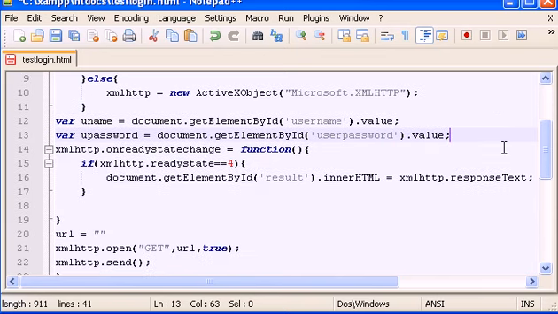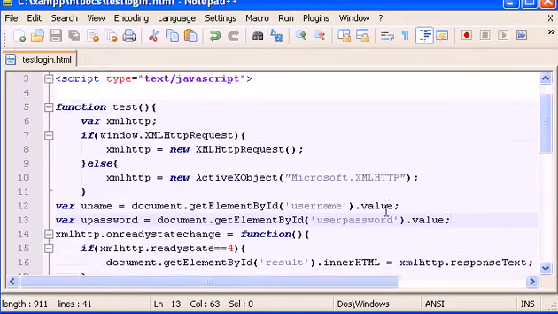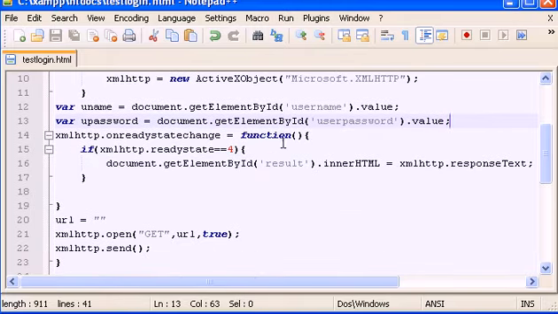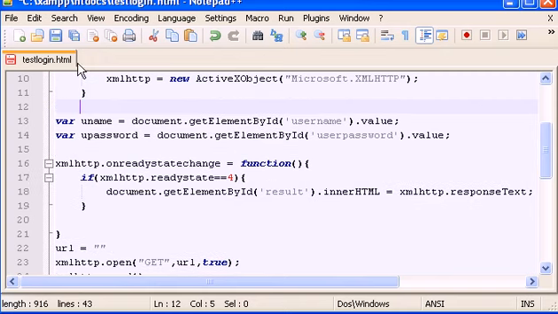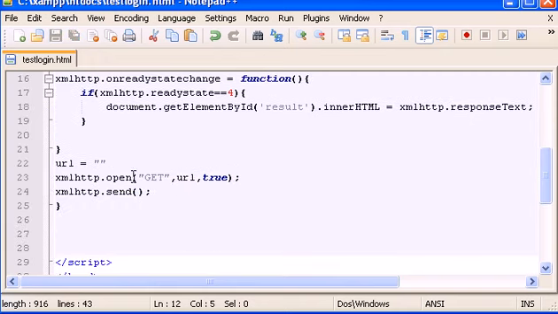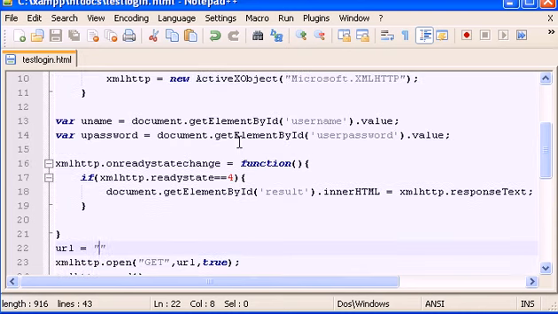Okay, let's save this. And let's push this a little bit down. Let's save this. Now I'm going to show you how you can pass